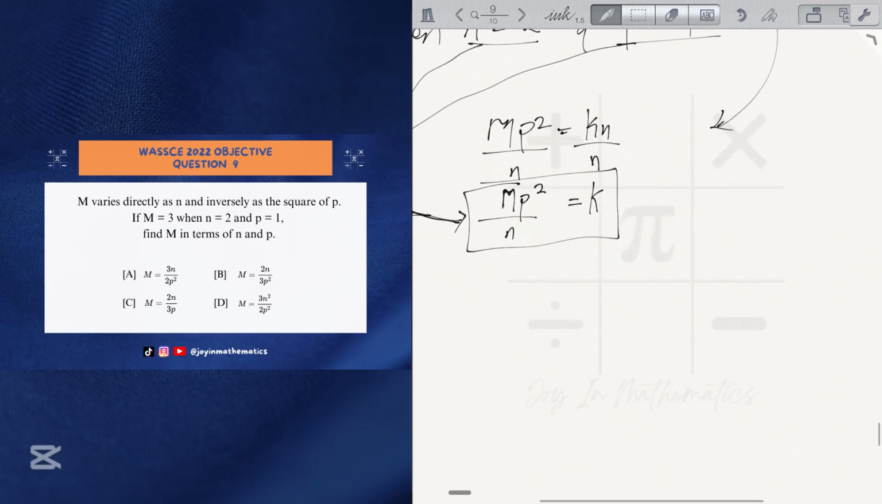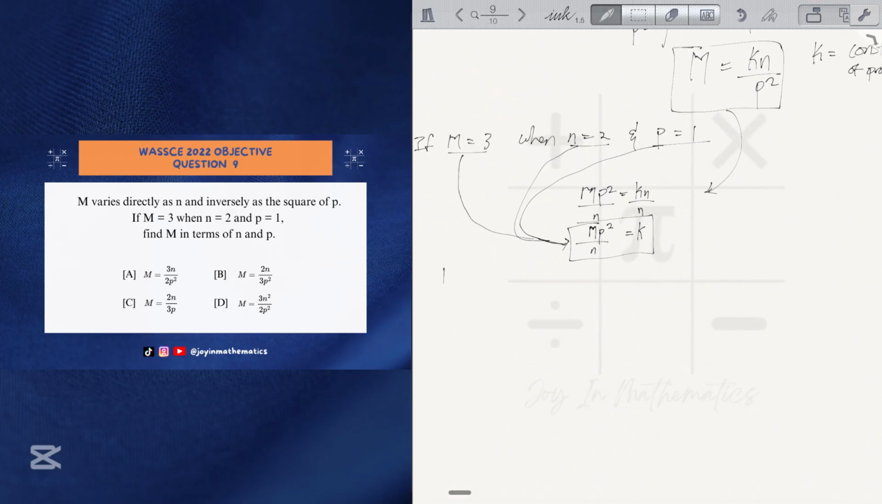So let's find the value of k now. k is equals to m p squared divided by n. m is equals to 3, p is equals to 1, and n is equals to 2. So this will result into 3 multiplied by 1 divided by 2, and we'll have 3 over 2. Now if we have k to be equals to 3 over 2, and we are asked to express m in terms of n and p,